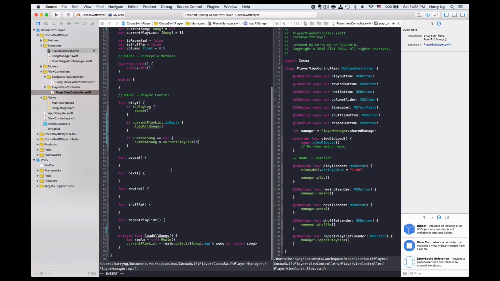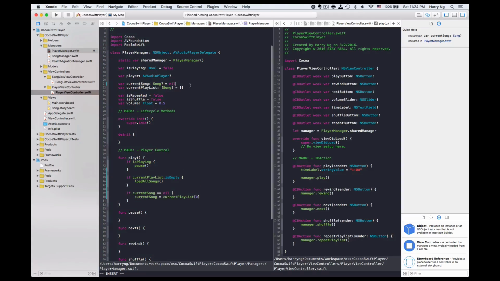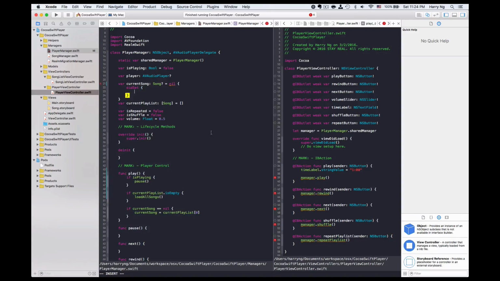So now, the loadAllSongs function is ready. It loads the array of songs into current playlist, so that I can set the current song to the first object of the current playlist. At the time I set the current song, I also want to prepare the player. So what I could do at this point is to have a didSet trigger, and then if current song is set with a value, which will be a song object,